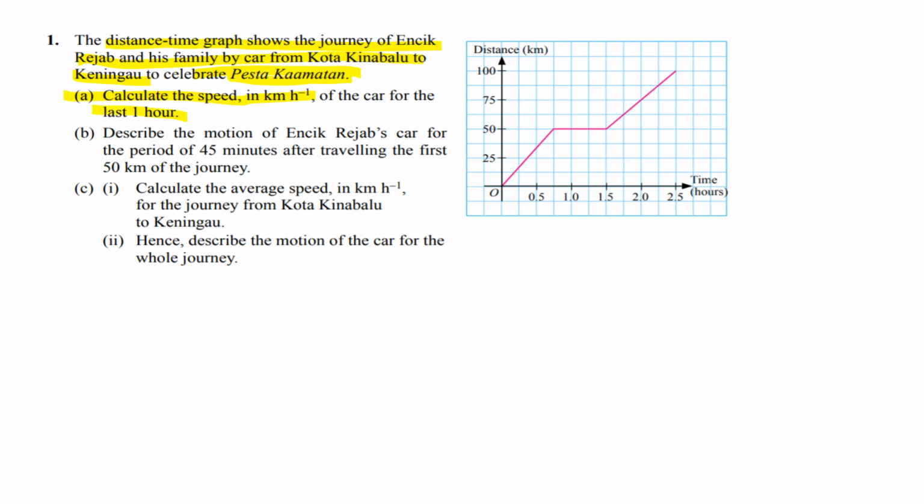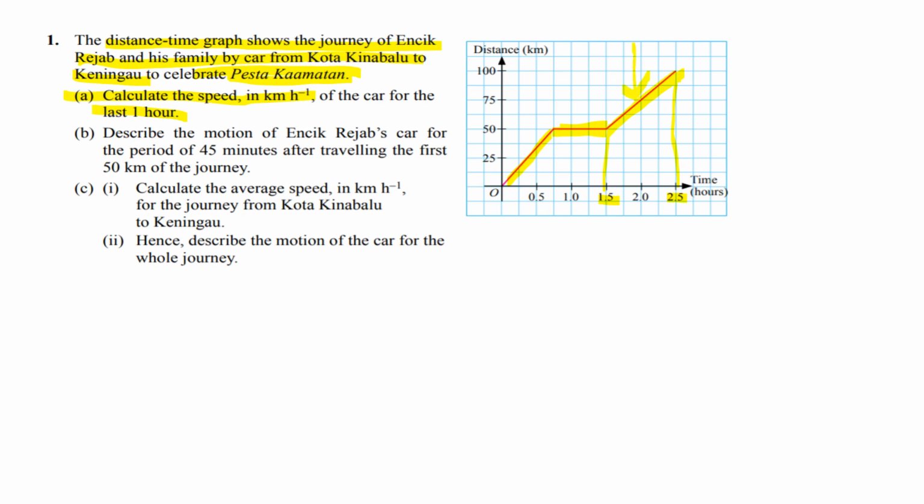the last hour. So in the last hour, the car moves like this, and then with the speed, and then here you know, stationary, stop, and then maybe they stop for a while, and then they continue. And then the last 1 hour will be where? Okay, will be here. 2.5, the 1 hour is 1.5 minus. So that means this area,